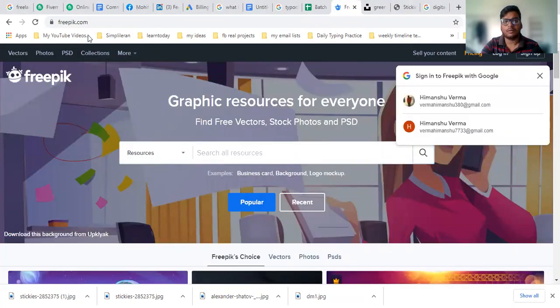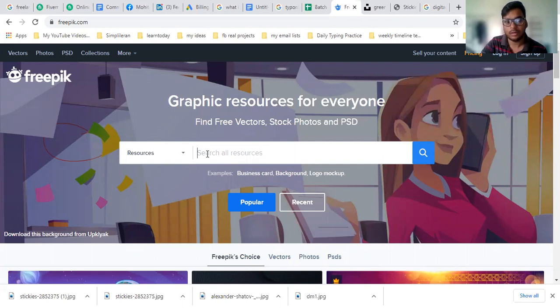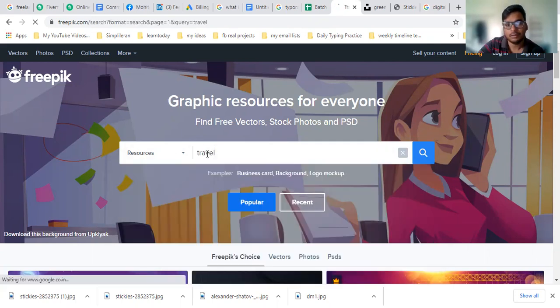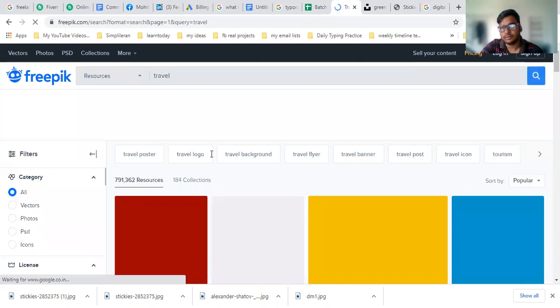Third, sorry, fourth, one is Google and the other third is freepik.com. You can download images from here also, absolutely free. You can download anything, like travel. You just need to enter a keyword.